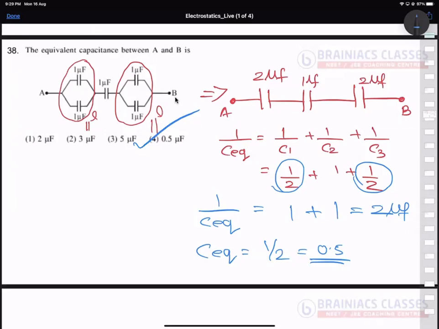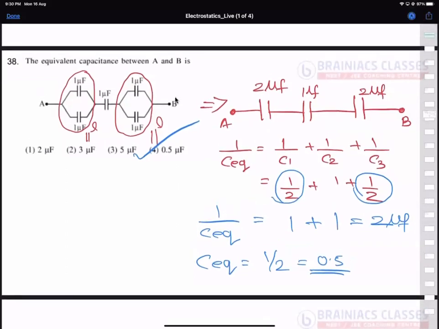All of you got the answer? I hope it's a very simple question. Clear? If you want, you can note down. Please do that as well. Otherwise, this is like a movie. I'm playing the movie and you are watching the movie. It's not like that. Okay, I hope you understood till question number 38.